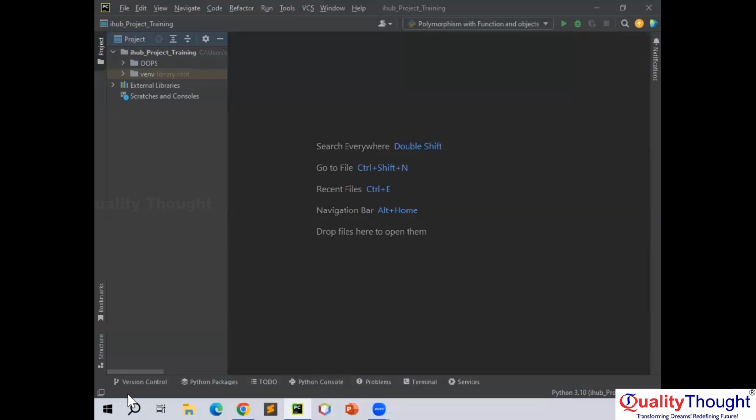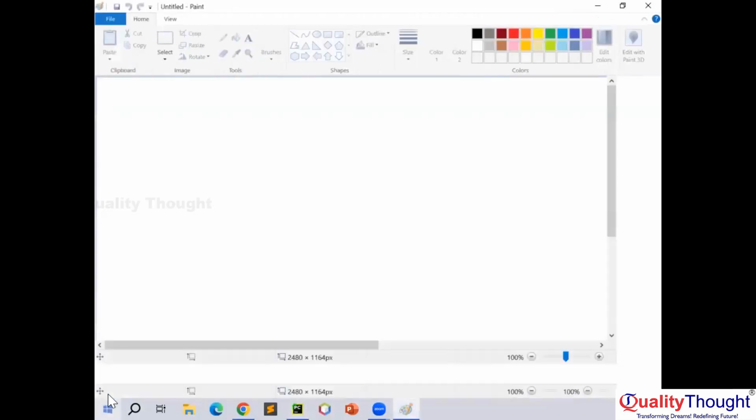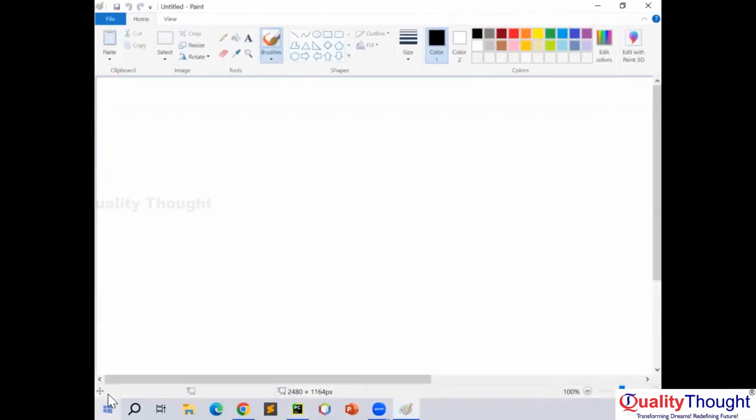So let us go to Paint. Let me show you how we are going to create this blueprint. Before starting that, for every application, how many people go to